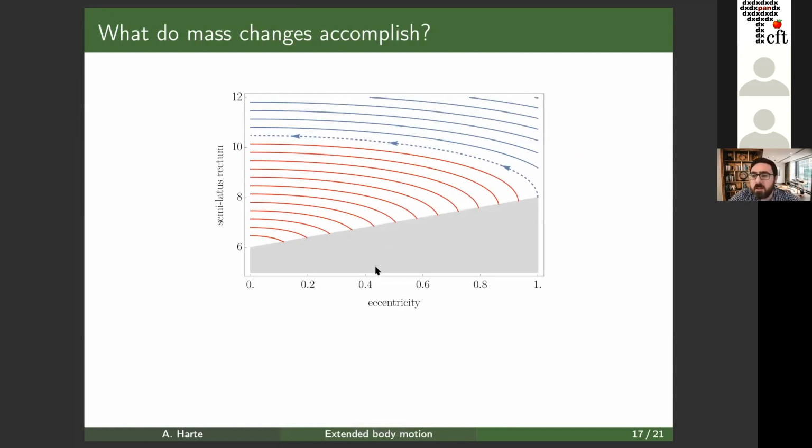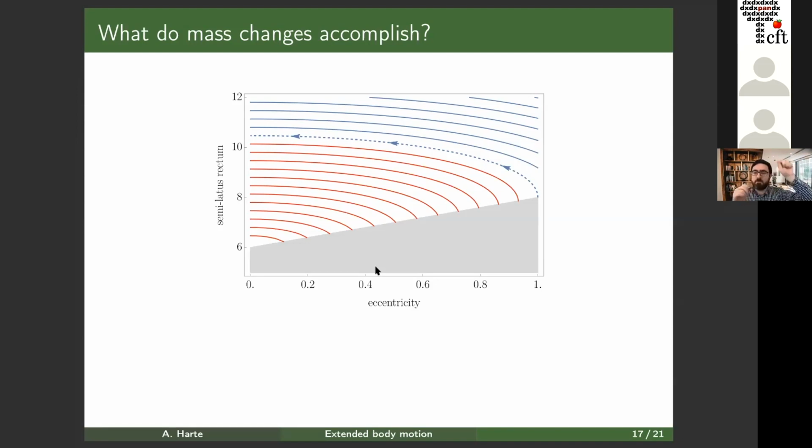Okay, so what does that do? What can you do with that? Suppose that we're changing the mass. What you can think is that on each orbit, you're approximately moving on a geodesic, right? But over many orbits, you can perhaps change the mass significantly. So your approximating geodesic might change considerably from early times to late times. So you can imagine that your motion is basically drifting through the space of approximating geodesics.